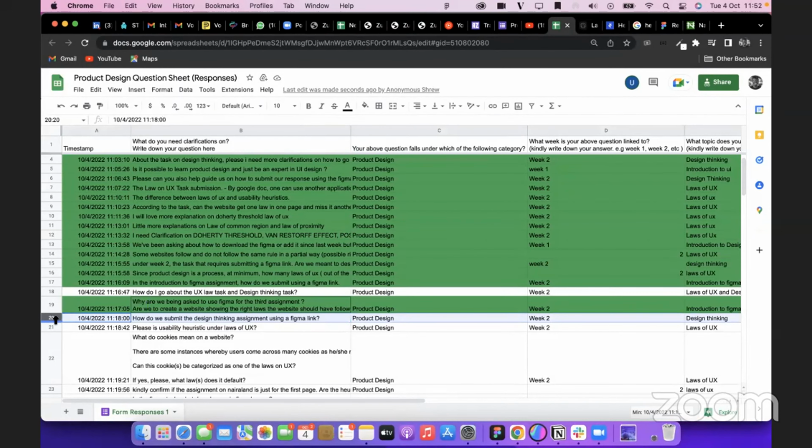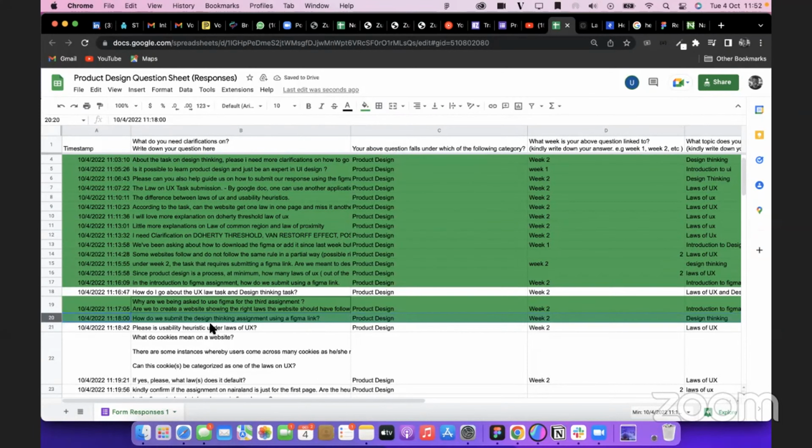And I've explained how to use Figma Loom. Please, is usability heuristics under laws of UX? The thing with usability heuristics is that they also improve UX, right? So all of these laws are actually improving UX. But I don't want you to take laws of UX abstractly, like it is a set of rules created by one almighty person. It is rules that were defined for one reason, to make sure that your user has a great experience on your product. Do you get?